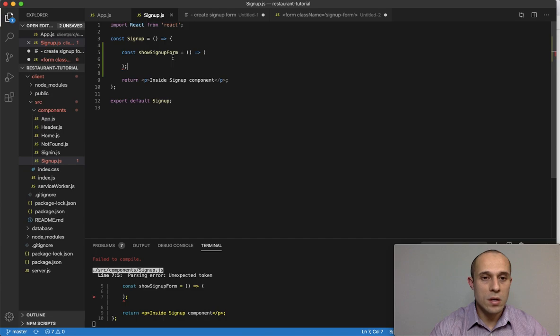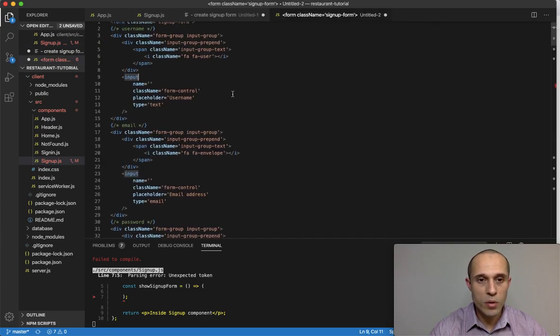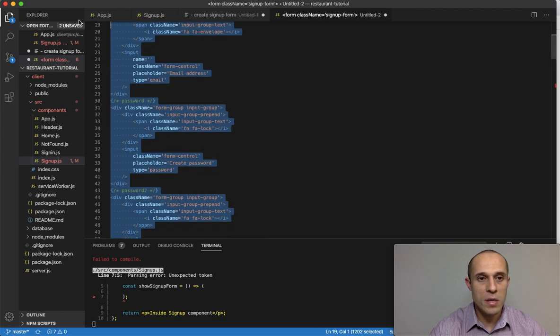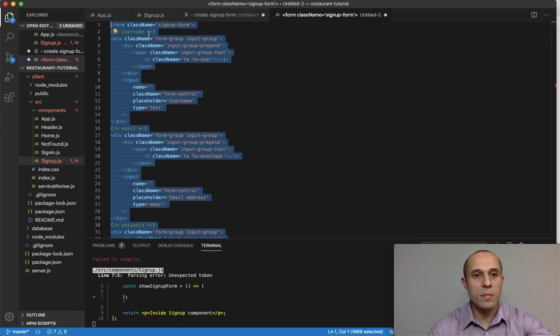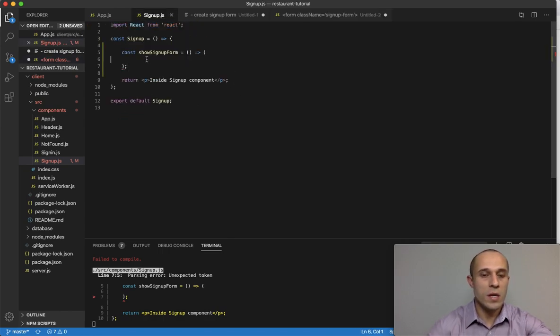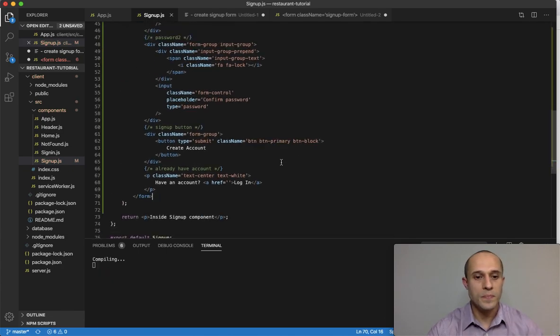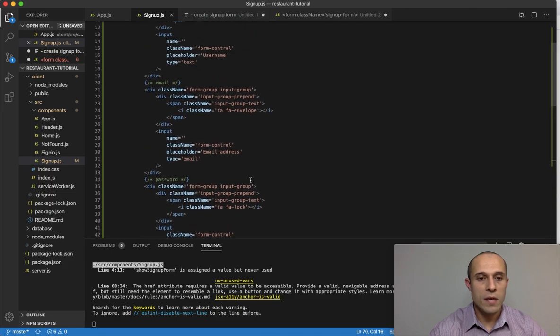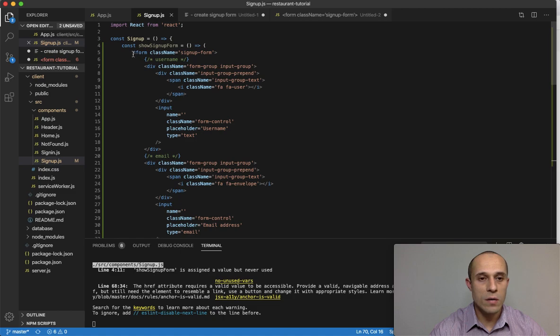All right, and within this function, I'm going to bring in some bootstrap, some stuff that I had set up prior to the video. I'm just going to copy it from this other file, come over here and paste it in. All right. So what I have here is I pasted the entire form within this show sign up form function. This is bootstrap. I gave this form a class name of sign up form,